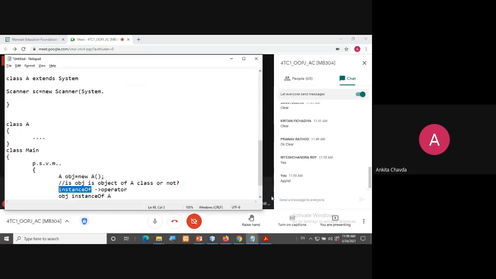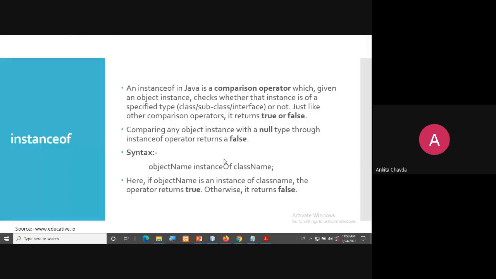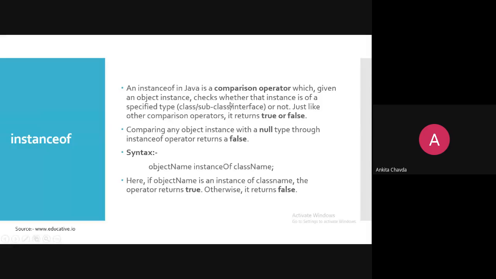Fine. So again, back to the slide. Here, instanceof is a comparison operator which, given an object instance, will check whether that instance is of a specified type: whether it is of the same class, of a subclass, or of an interface.